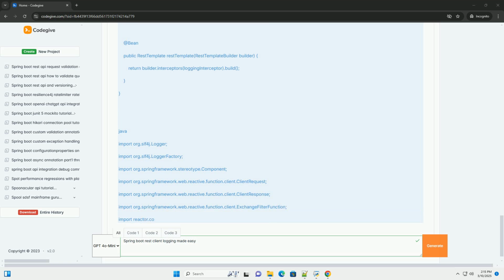log.isDebugEnabled: crucially, we only log if the debug level is enabled. This prevents excessive logging in production environments. Always check the log level before performing potentially expensive operations like reading the entire response body. To use this interceptor with your RestTemplate